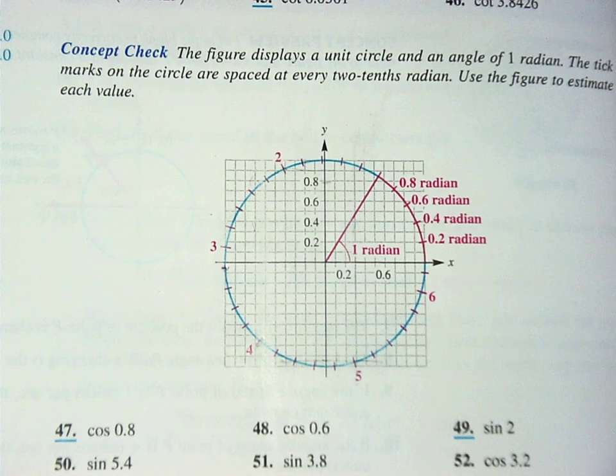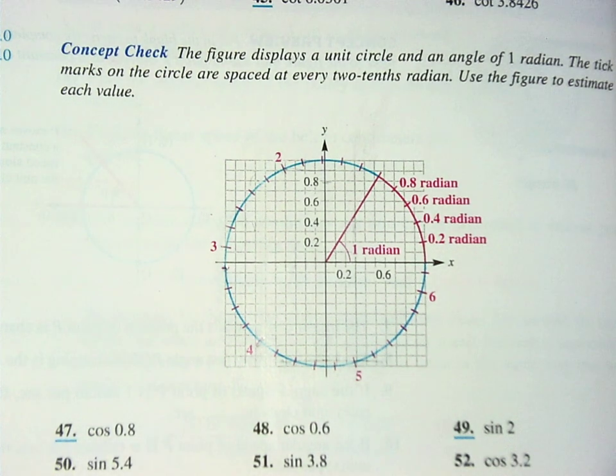Guys, the reason why there's a graph up there is because we're going to use the graph. Is cosine x or y? X. All they're asking is what's the x value of this? And then we just go over that. So let's say 0.1, 0.2, 0.3, 0.4, 0.5, 0.6, 0.7 it looks like about? About 0.7. Okay, so they're just trying to get used to the fact that the cosines are all the x's